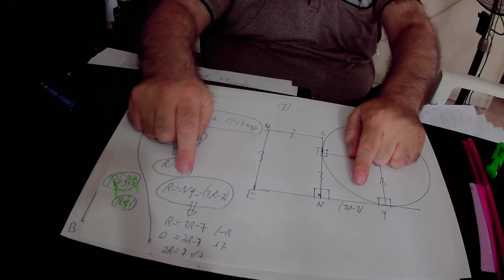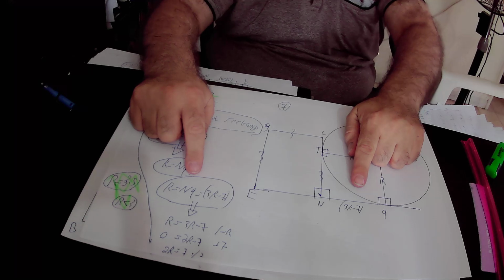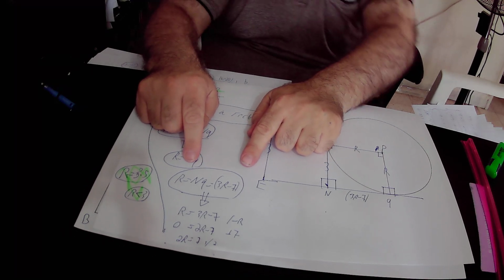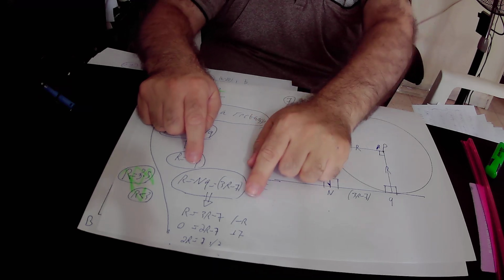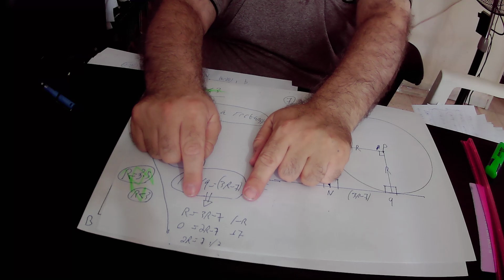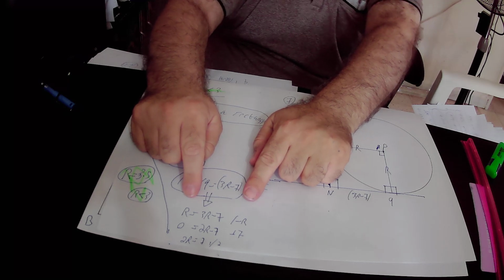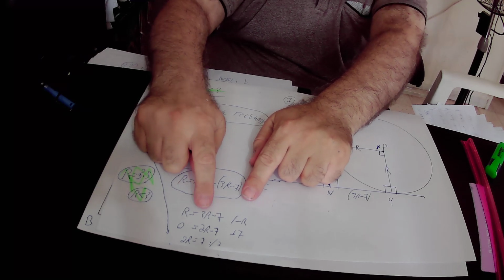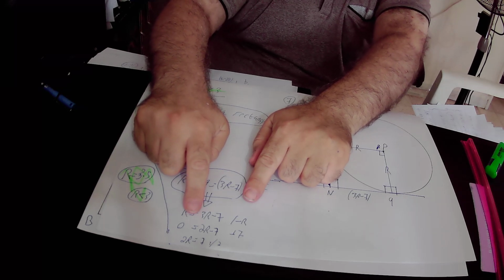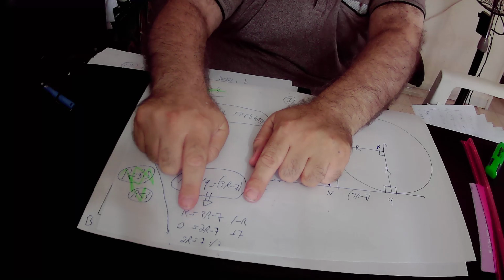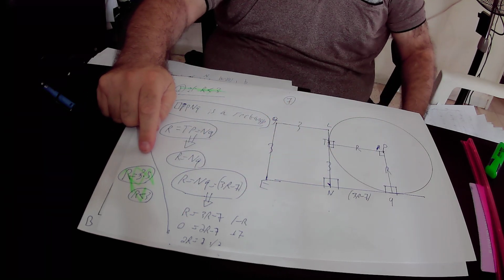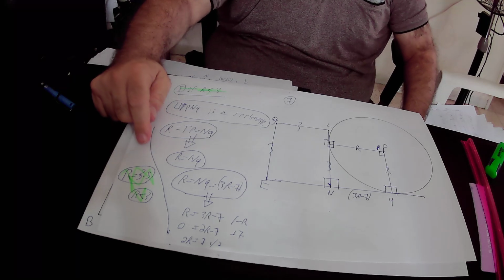From the other side, we have already found out that NQ equals to 3R minus 7. So from this equation, R equals to NQ equals to 3R minus 7, we derive that R equals to 3R minus 7. Here we subtract R from this equation, and we found out that R minus R is 0 and 3R minus R is 2R, so in conclusion we found out that 0 equals to 2R minus 7. We added 7 to this equation and found out that 2R equals to 7. We divided this equation by 2 and found out that R equals to 7 over 2, that is 3.5 units,